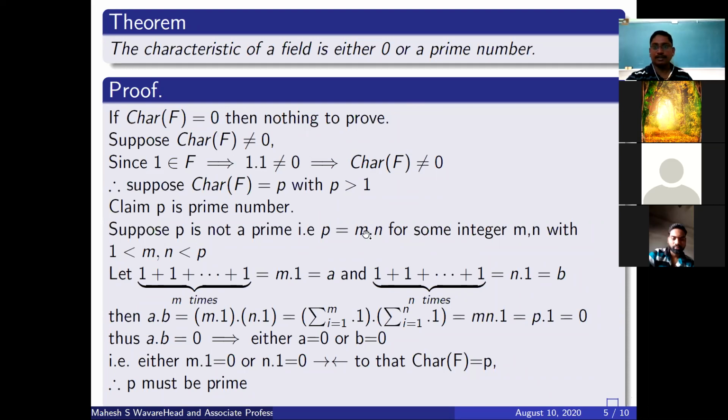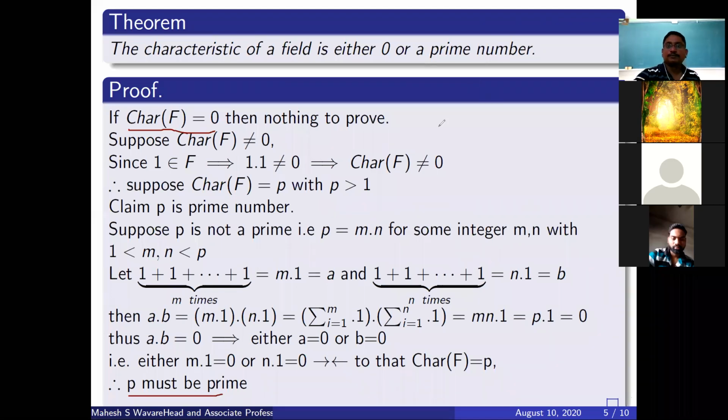So finally we can say that the characteristic of a field is 0, and if it is not 0, then it must be prime. So every field has characteristic 0 or a prime number. There is no other number than this. Infinite fields like the real numbers, complex numbers, rational numbers and Q(root 2) are examples of fields having characteristic 0. And if you take the integers modulo field, then if it is a field, its characteristic must be a prime number.